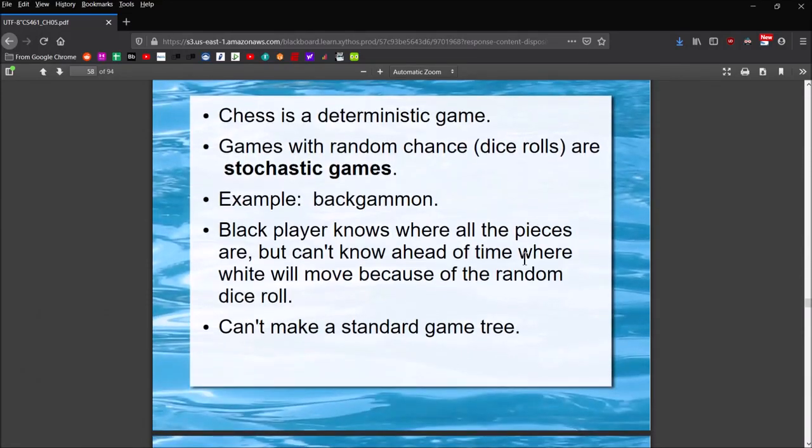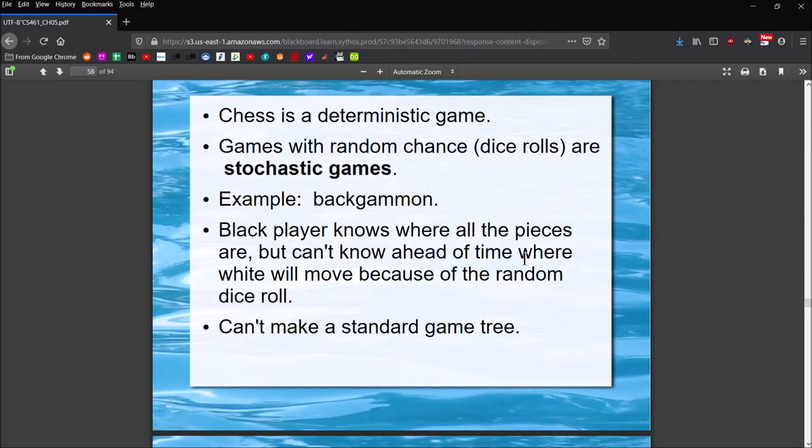So, if you consider a game like chess or checkers or Reversi, those types of games, I guess Go too, right? Go, there's no random chance in Go, if I remember how Go's played. But anyway, certainly for checkers and chess and Othello, these are games that are purely deterministic. So what does it mean to be a deterministic game? It means there's no chance involved, right? I take my move, you take your move, I take my move, you take your move. And there's no randomness in it. There's no random chance to it.